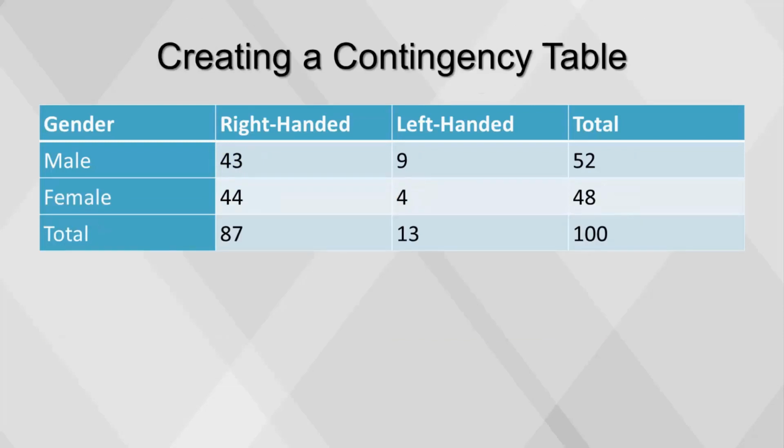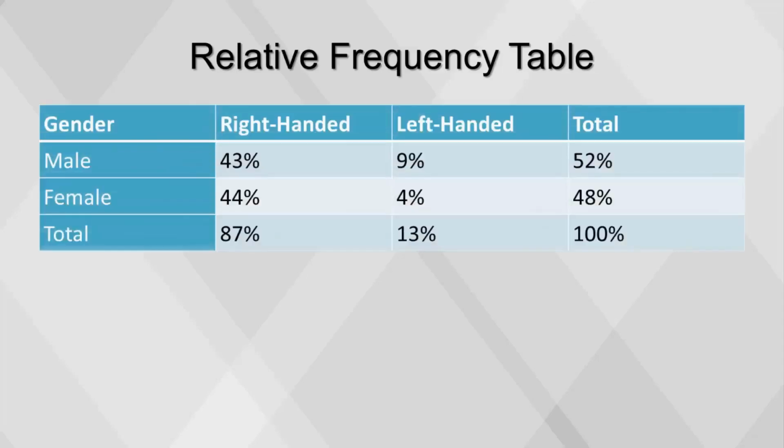But what if we want to answer questions about how prevalent each separate combination is among all people in this dataset? For instance, what percent of the people are left-handed males? For that, we divide the original values by the total number of rows in the dataset. For our example, this makes for an easy calculation since there were 100 rows. With this table, we can answer many basic questions about the dataset, including what percent of the people in the dataset are right-handed, what percent of the people in the dataset are female, what percent of the people in the dataset are left-handed females, and so forth.